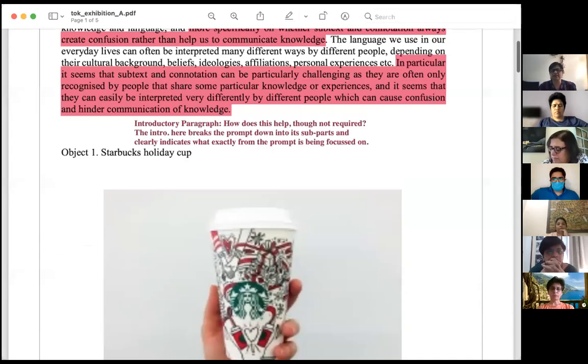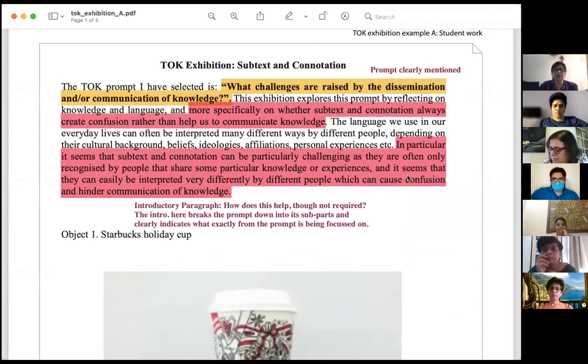At some simple things that the child has done, but which has brought in the edge to the response. Now, the prompt selected has been clearly stated right at the start of the commentary. Now, when I'm breaking down the whole commentary, there is no fixed pattern to be followed in